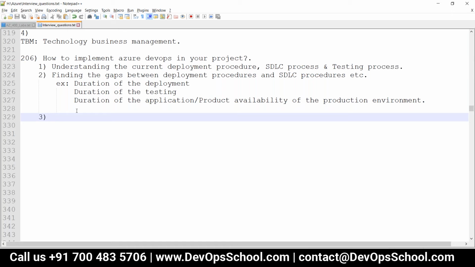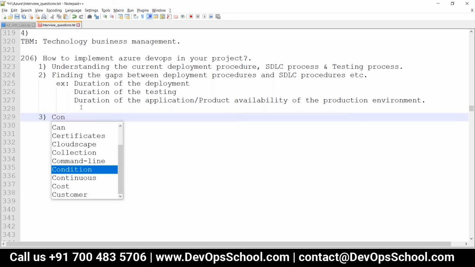So don't use those 3 or 4 years of experience words. They can say, okay, I'm going to find out in which language they are doing the development, or in which language they are going to make the product. Don't say those stuff. Next, convincing. Then after that, designing the